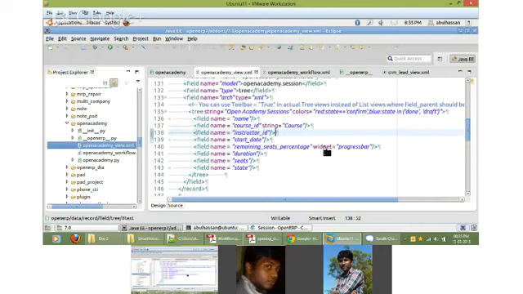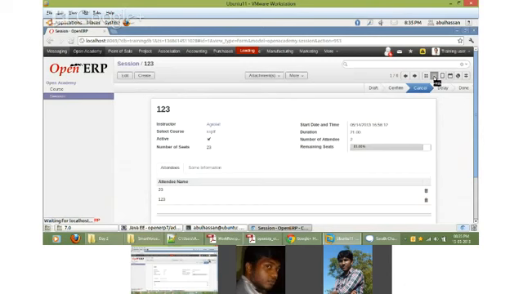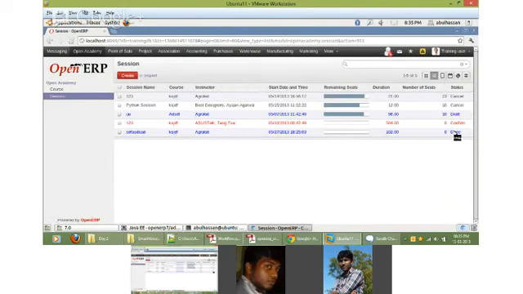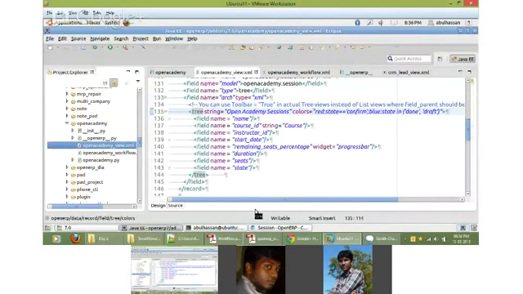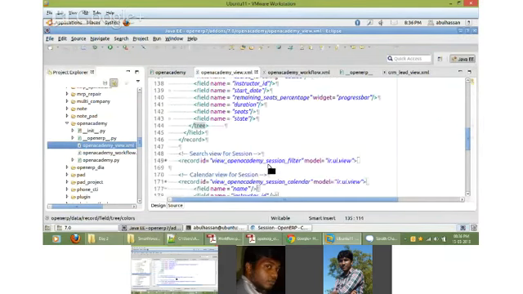You can give the widget progress bar here also. In the tree view, there is another thing where you can actually change the colors based on conditions. Say, I'm going to give colors red if the status is confirmed, or blue if the status is done or draft. You can see in this view that if it is in confirm it is in red, if it is in done it is in blue, draft. Okay, and you can see that the progress bar is coming. Actually it has some problem in Firefox. I think it is some browser compatibility issue.